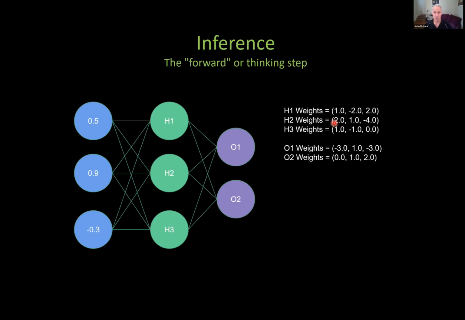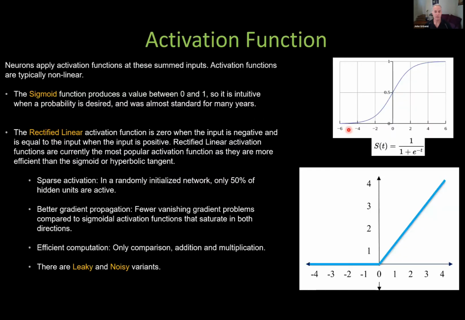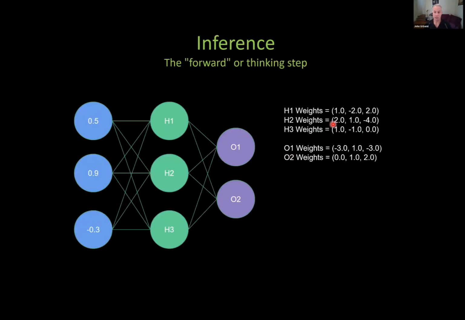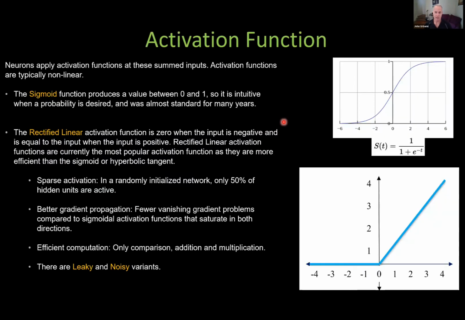So these weights are just floating point numbers here, positive and negative. They can go from negative infinity to positive infinity. And we'll find ourselves essentially representing these as nice matrices to sum them up, but we'll get to that in a couple of slides. On the other hand, there's one more part of the math here,